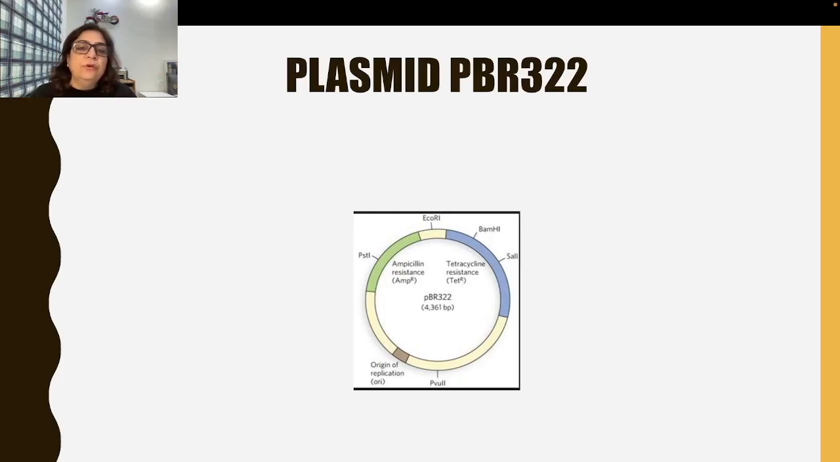It also has the sites for restriction enzymes, like EcoR1, which is a type 2 restriction enzyme. As we know, there are three types of restriction enzymes: type 1, type 2, and type 3. Type 1 and type 3 may cut at a site which is away from the recognition site. It will not cut exactly where we want to cut the DNA, it will cleave away